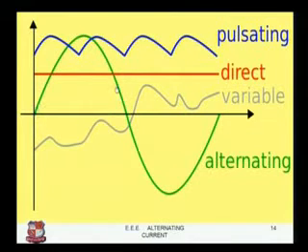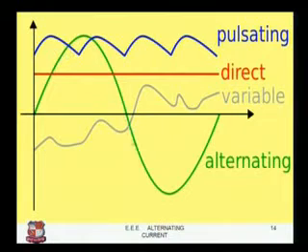As we are discussing the definition, an alternating quantity contains two half cycles. This is the first half and this is the second half cycle. In the first half, the quantity contains positive values. It starts from the zero value, then increases in a positive direction, gets a maximum value, and again starts decreasing, but the direction of the current is positive. Again it goes to zero, then increases in a reverse direction, or you can consider it a negative direction, and then again goes to the maximum value and again back to zero.